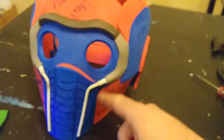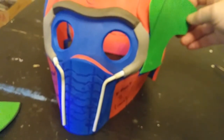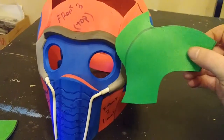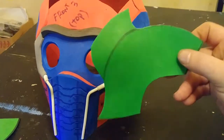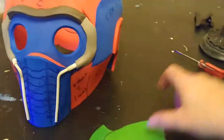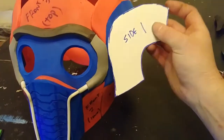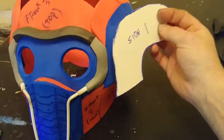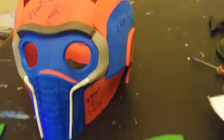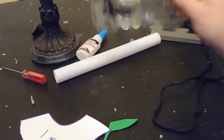I decided to do this first before putting these on, just so I'd have a guide and an idea as to where to put them, if that makes any sense whatsoever. And since I did have to do so much custom cutting and trimming on this, this won't be included with the pattern photos on Facebook or the purchasable patterns on Etsy. But like I say, depending on how yours is heated and curved and shaped, you're probably just going to have to do the same thing as I did, the side one, and then leave some excess and trim it down to fit. I'm going to go ahead and glue these on, then I'll hop right back to finishing my little